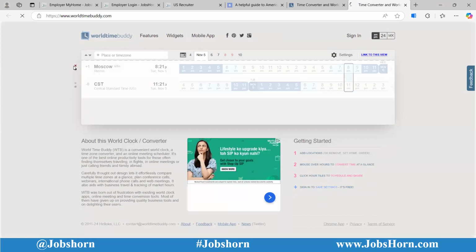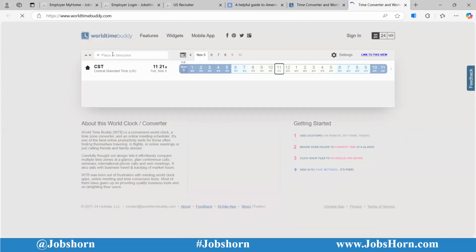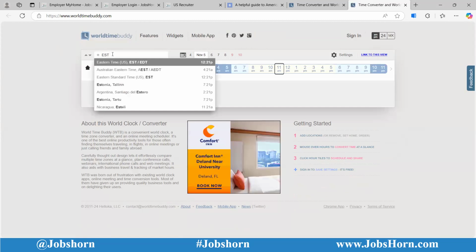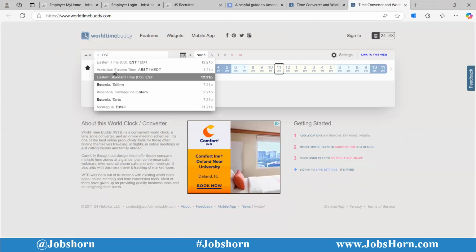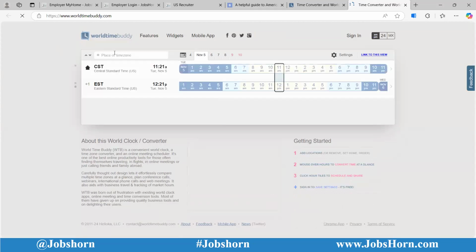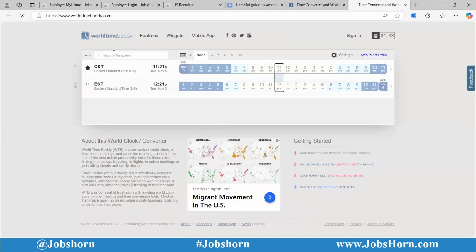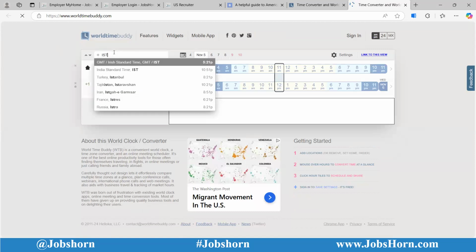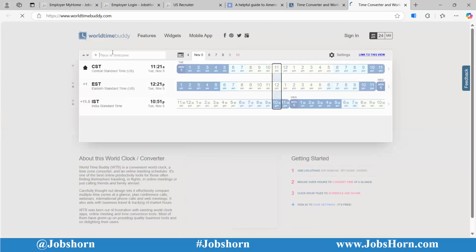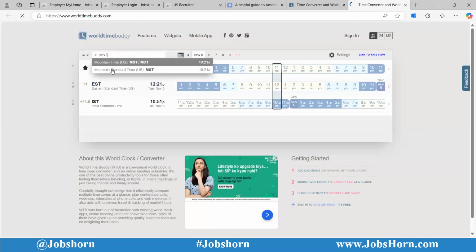You can type IST, EST, CST and so on. So make a note of this website, guys. This is what you'll be using day to day, and you should know the difference between your local time zone and the time zone you are looking for. So type PST and MST. That should be good.